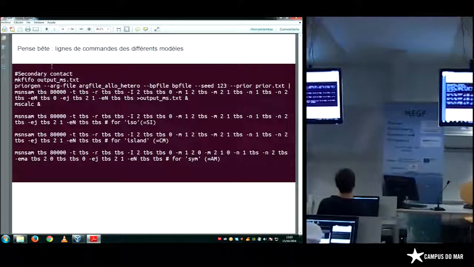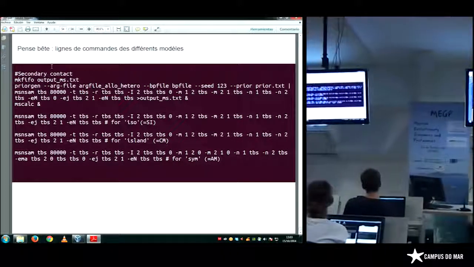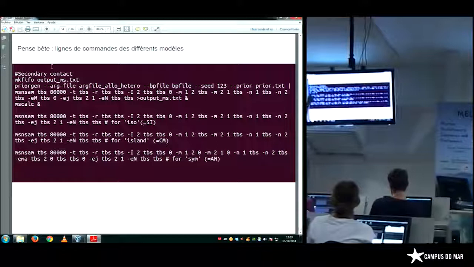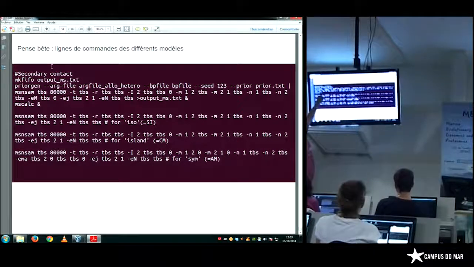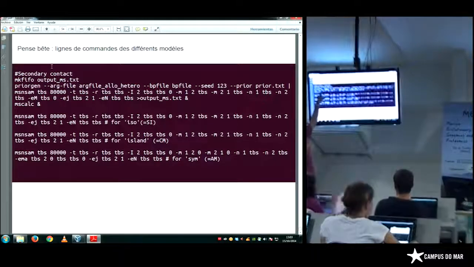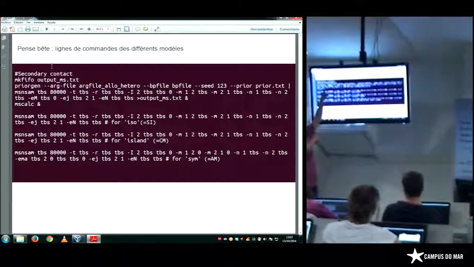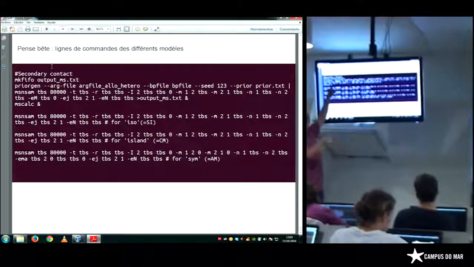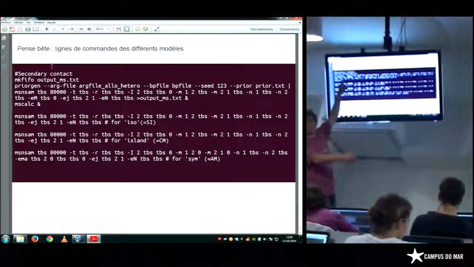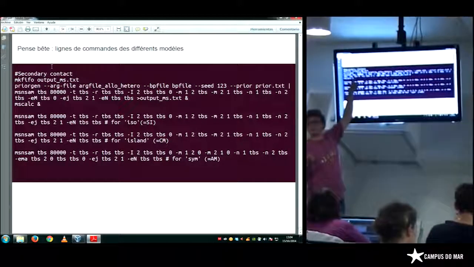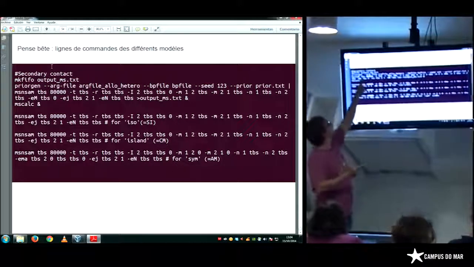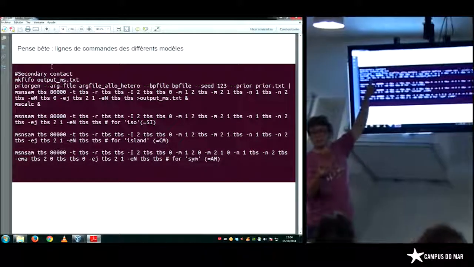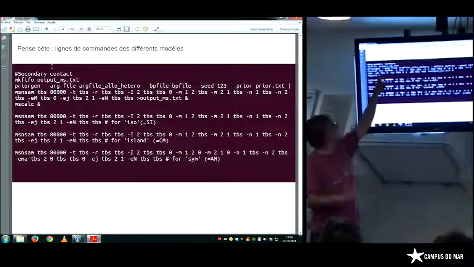To simulate a secondary contact model, first you put the sample size, so it depends on your data. You have to say, I sampled 10 sequences in population 1 and 8 in population 2. So this first argument would be 18 in this case.